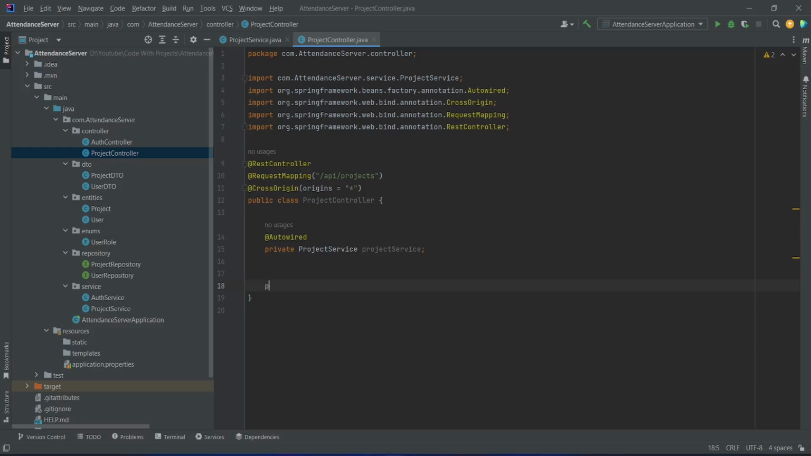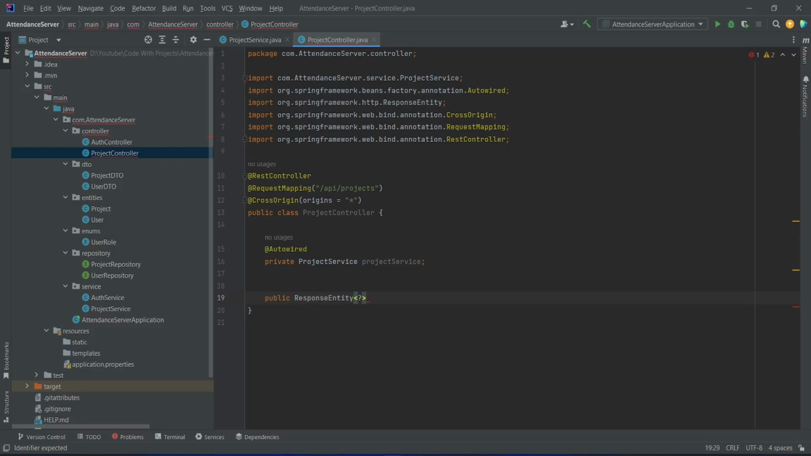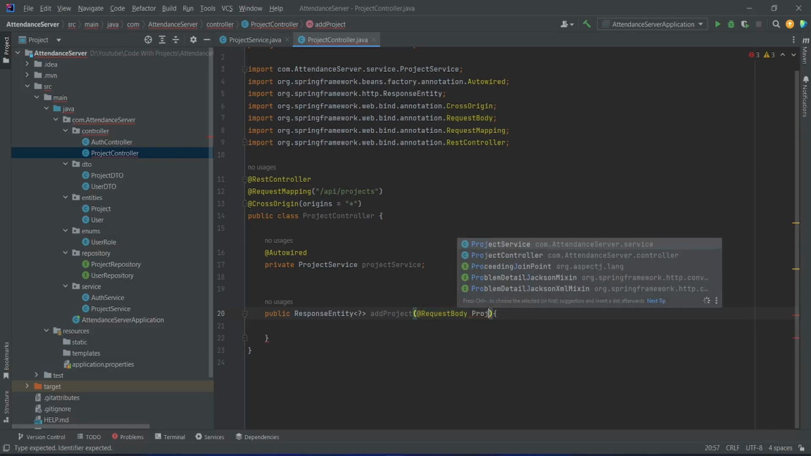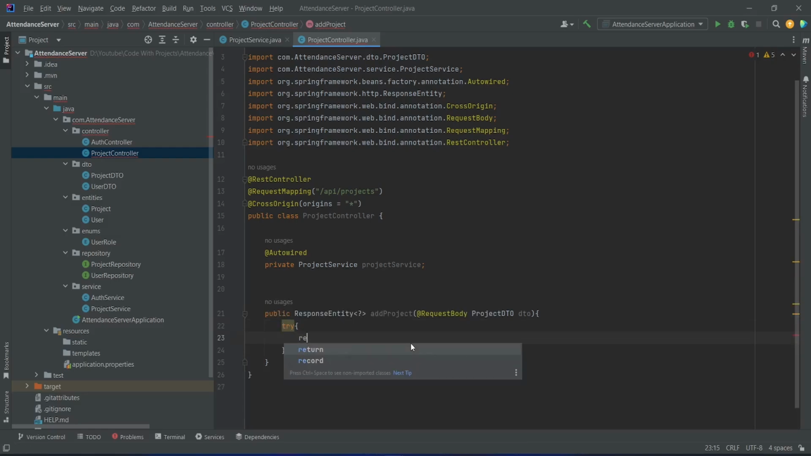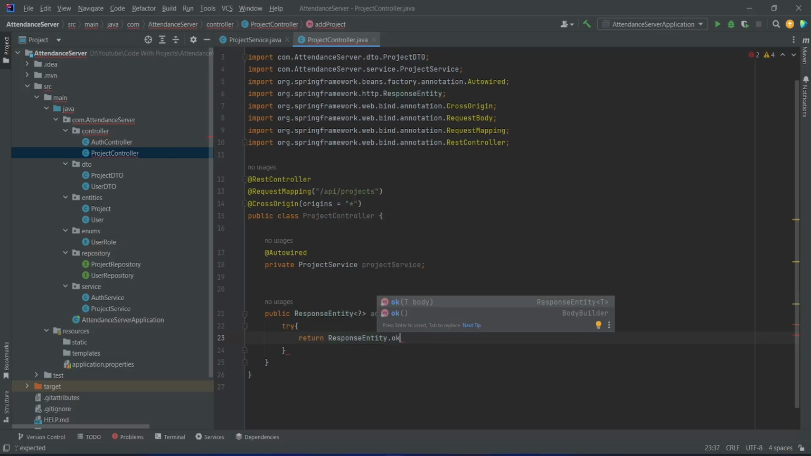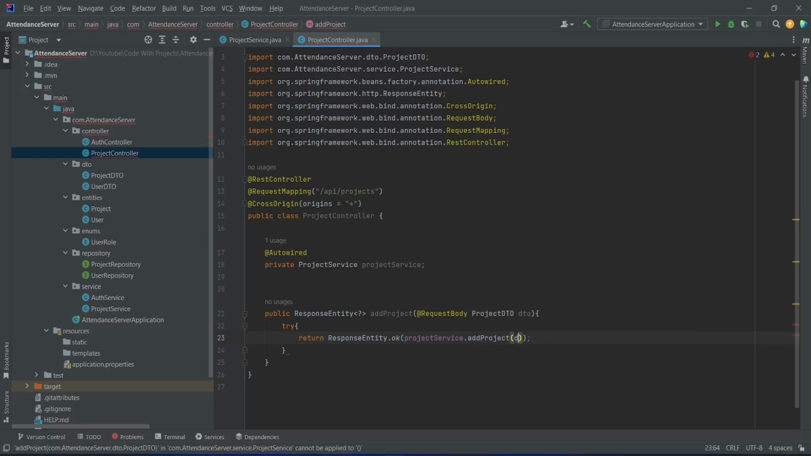and to do this we will start writing a new method, and this method will return ResponseEntity, and we will name this method as addProject, and after this in the request body we need to accept the project DTO, and to do this we will add @RequestBody annotation, and then we will write ProjectDTO, and we will name this as DTO, and after this in the body of this method we will write a try block, and in this try block we will write a return statement, and then we will use ResponseEntity, and after this we will call ok method to set the 200 status, and in this we will use our project service, and we will call a method addProject, and in this method we will pass the DTO,